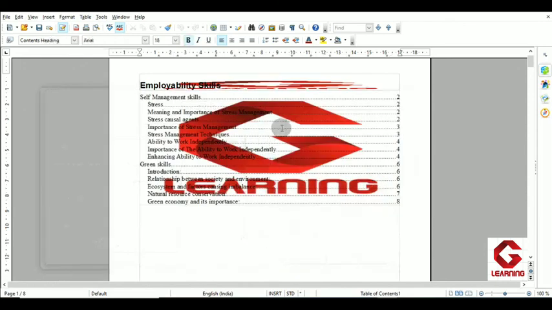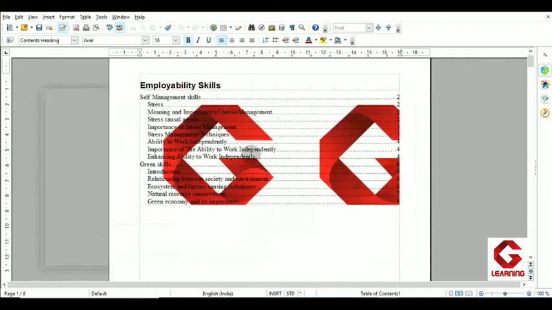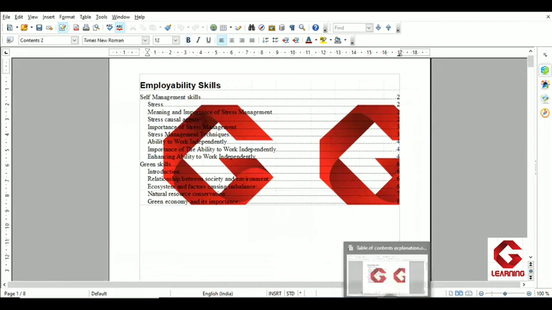Now next, when I'm clicking on the area option, then OK, you can see that the image is covering the complete table of contents area. And the last one is tile, and here we will get the image in the background of table of contents in the tile form. So OK, and you can see the repetition of that image. So in this way we can add an image in the table of contents. Just to make it clear, I am just going to add topics also, so this will be more clear to you.